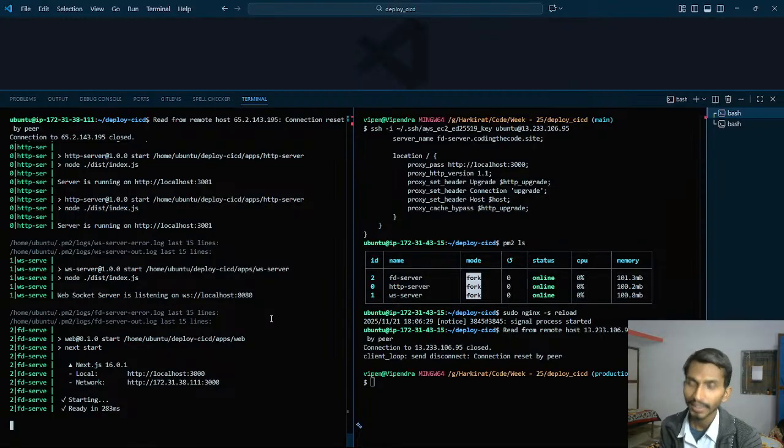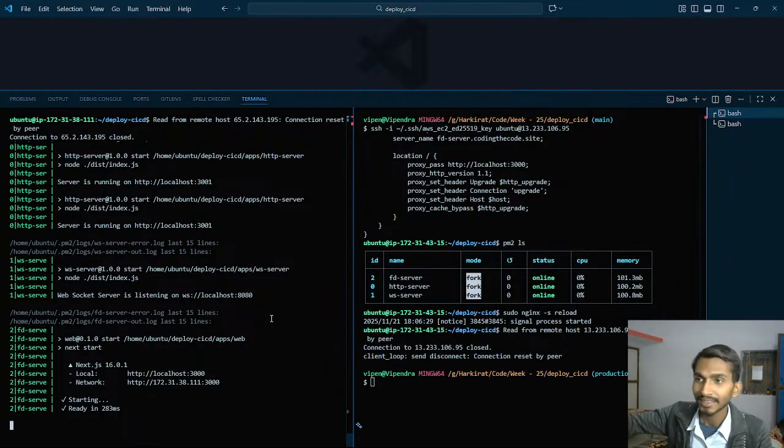So I have a domain, and that domain references a particular IP address. Nginx is used to get the domain name, and with the help of that domain name, Nginx simply gets the URL that you enter on your screen, and once it gets the URL, it reverse proxies, or passes the request, to a particular URL.